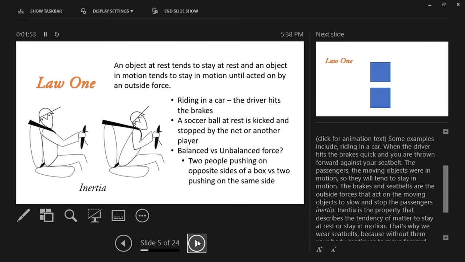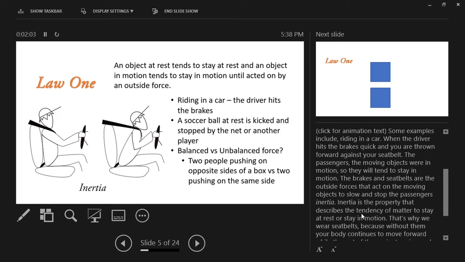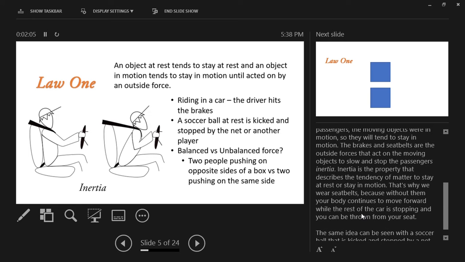So some examples include riding in a car. When the driver hits the brakes quickly, you are thrown forward against your seatbelt. The passengers, the moving objects, were in motion, so they will tend to stay in motion. The brakes and the seatbelts are the outside forces that act on the moving objects to slow and stop the